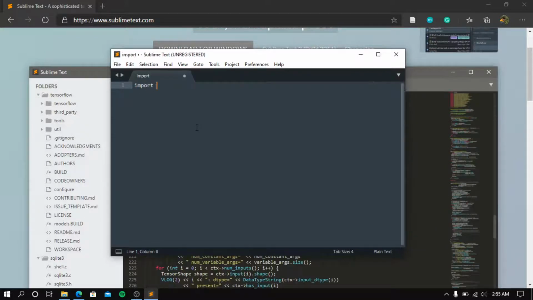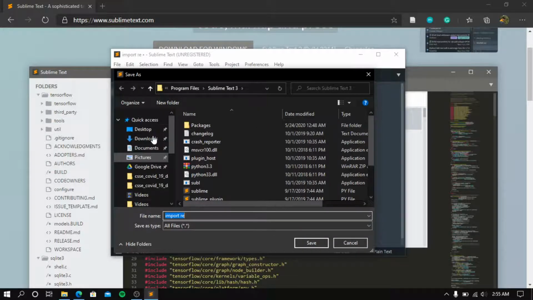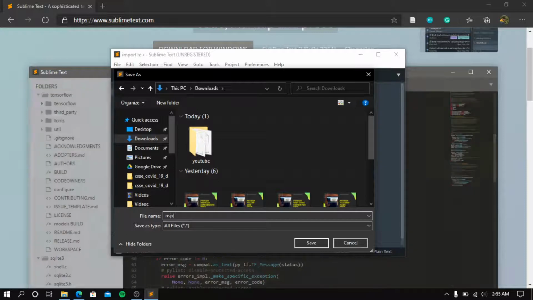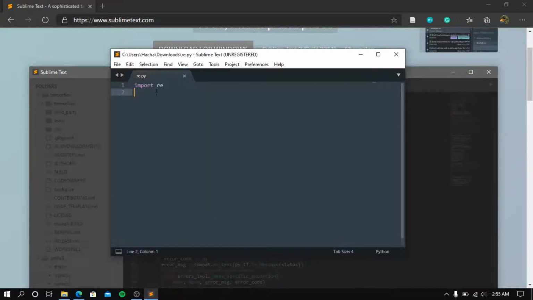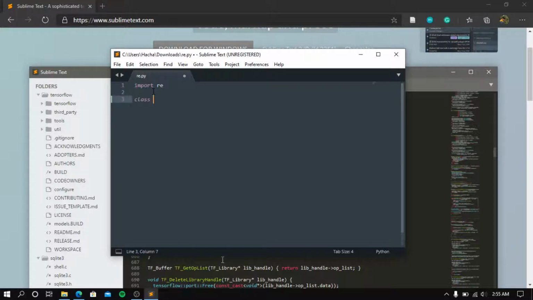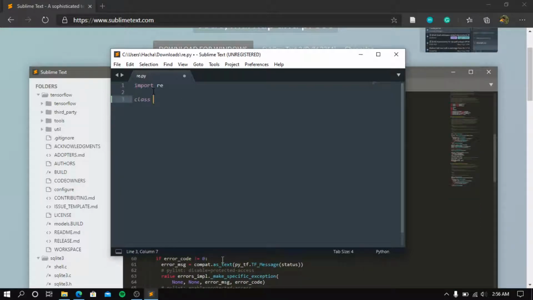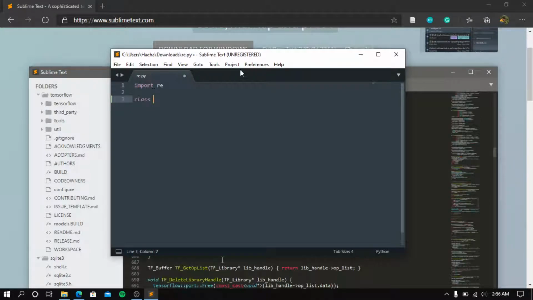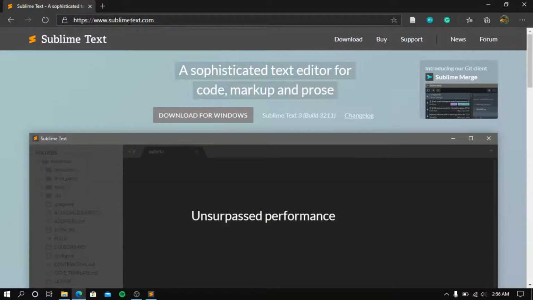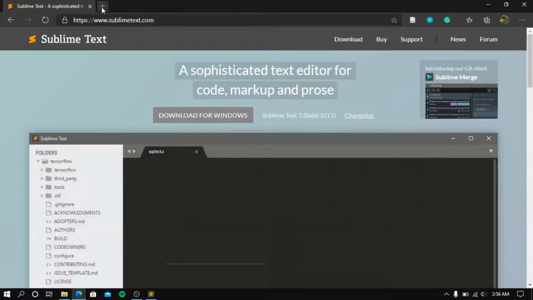Right, let's import regex, and then you have to do this .py, right, and here you have, let's say, a class. It actually uses a color mapping for Python text. That was the first one, a sophisticated text editor for code, markup and prose, and then